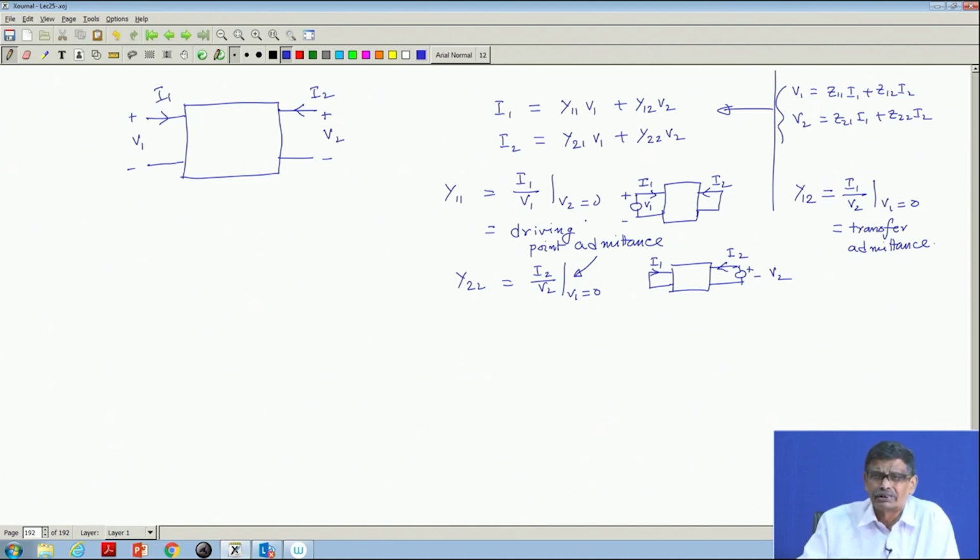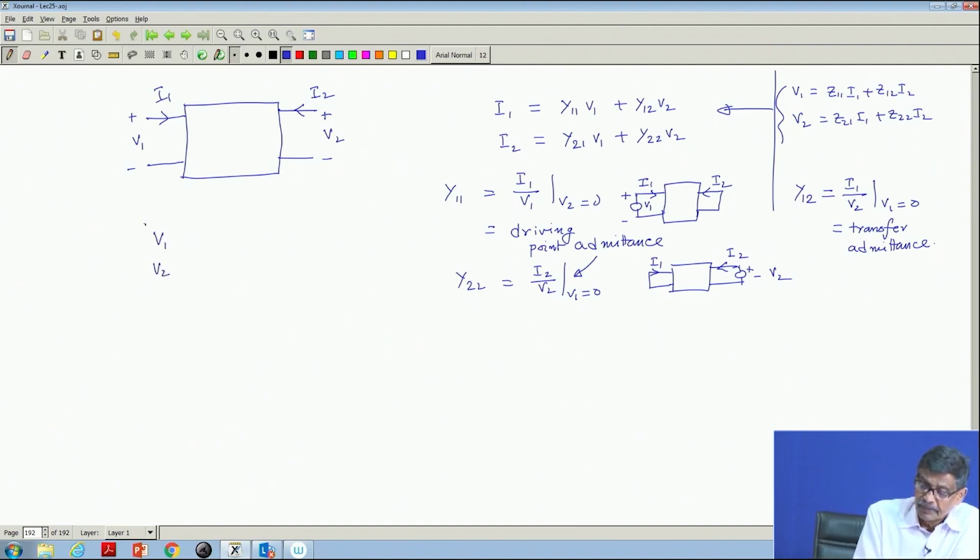So, they are called short circuit admittance parameters. Similarly, impedance parameters we have seen can be determined from open circuit tests, where either the output port or input port is kept open and various values of Z11, Z12, etc. are obtained accordingly. But in any case, since V1,